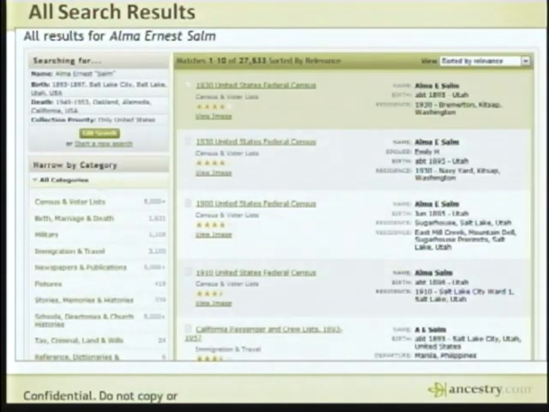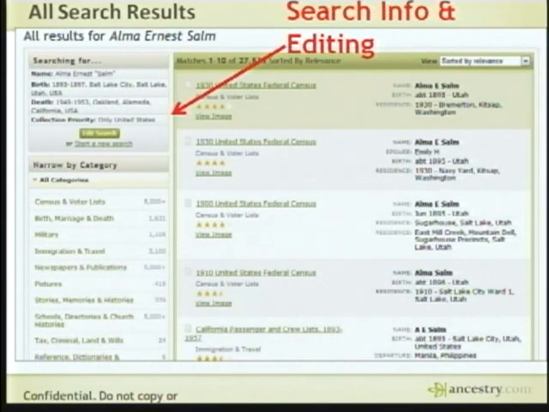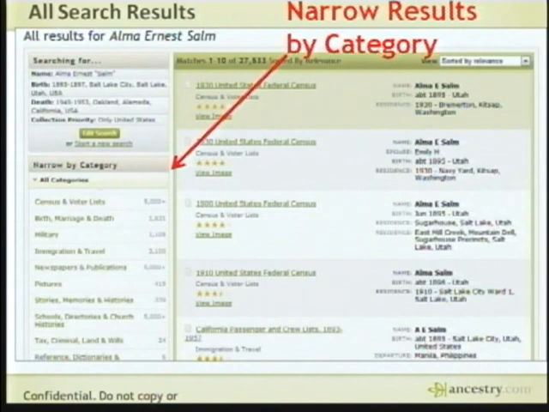We're going to filter things down. So you click search and you get 27,000 matches. Right here, these are, again, the best possible matches. These are the possible search results over here. You can see the ranking. We have up to 5 stars. This is a 4-star match. Down here, I have a 3.5-star match. And as I go down, they're ranked even less. And again, that's ranked on your search criteria and that whole closeness that we talked about. Over here, you can edit your search information. You can click on Edit Search and edit that. And then over here, we can narrow results down by category.